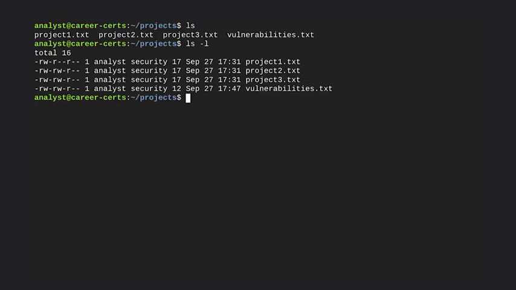Let's do this. The file names are now on the right side of each row. The first piece of information in each row shows the permissions in the format that we discussed earlier. Since these are all files and not directories, notice how the first character is a hyphen. Let's focus on one specific file, project1.txt.